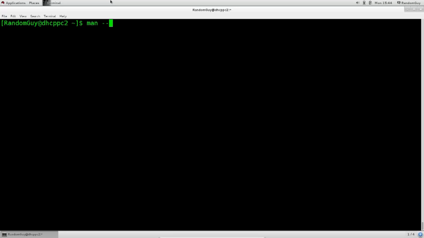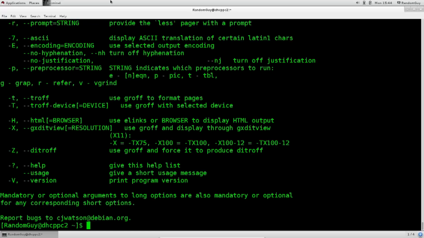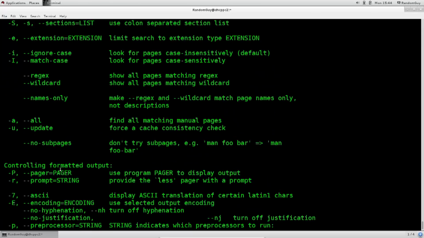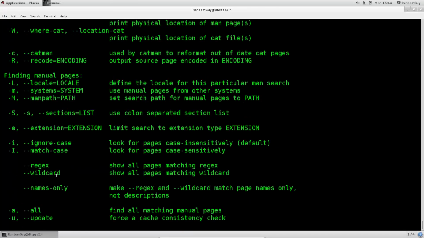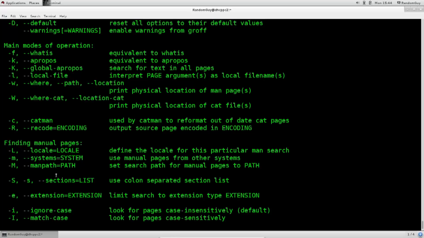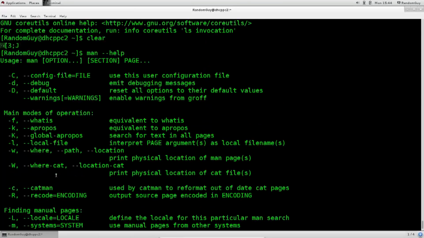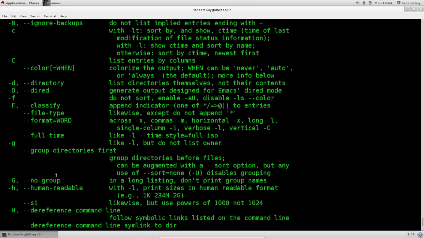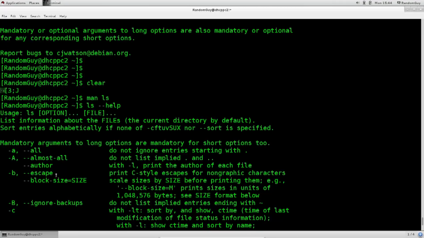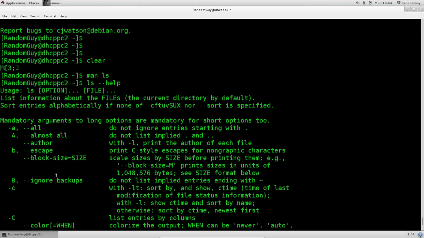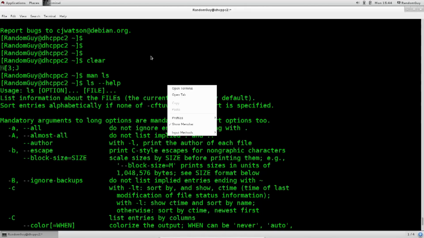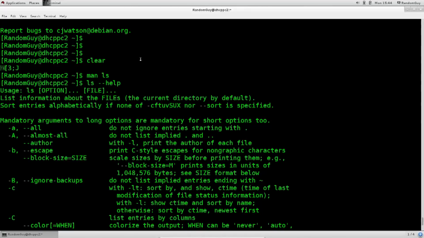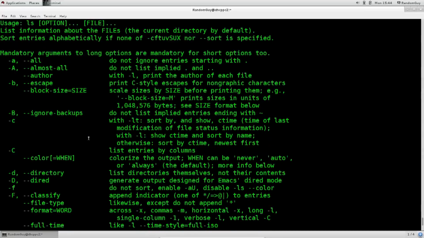Man pages also have a help menu, so if I just type in man --help you see that I have a lot of options here. Most of these things are actually related to searching through man pages, or to searching for the right portions of the man pages and formatting their output. But I didn't really find it necessary over the course of the years to use most of these. Basically, man and a certain command will suffice. Anyway, aside from that,